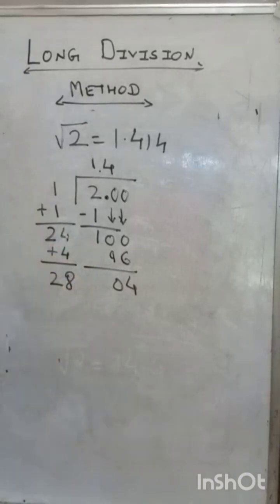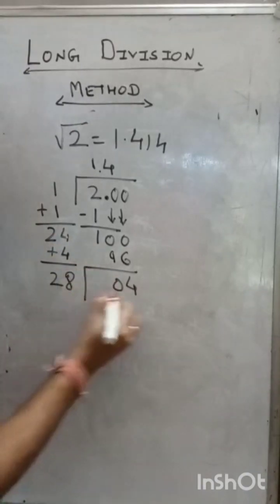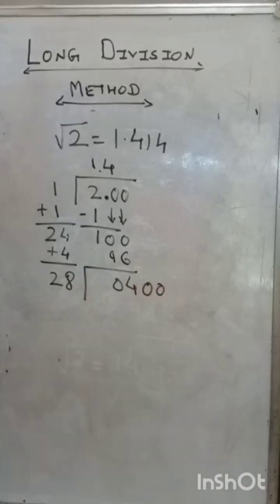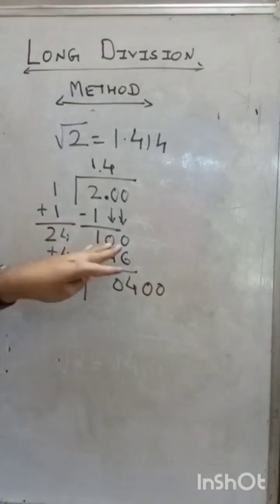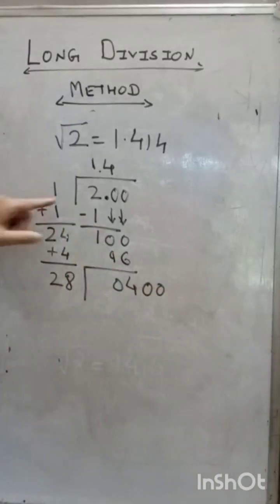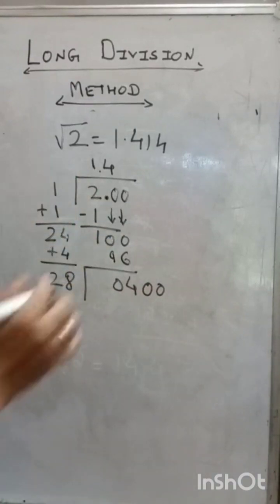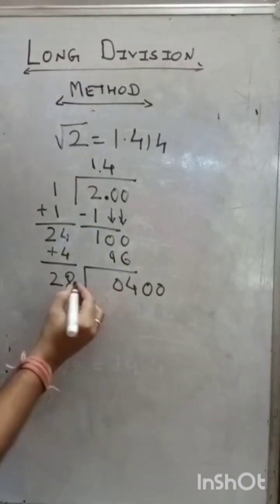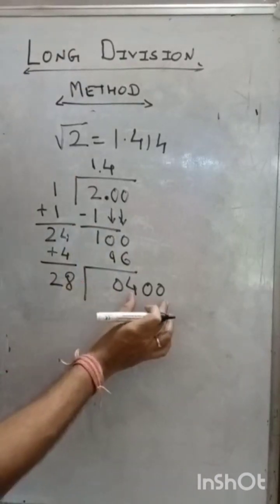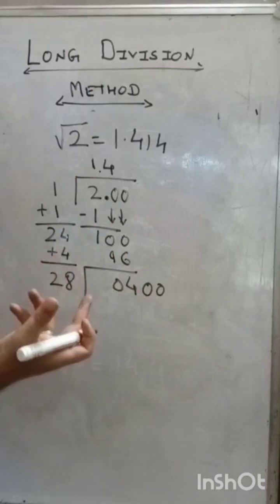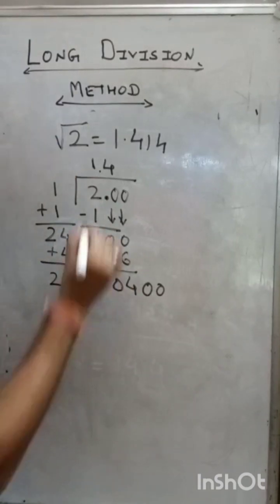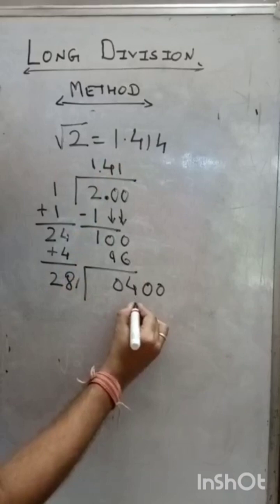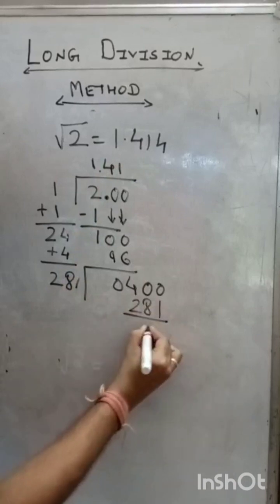Now 28 is here. Now you can put also 2 zeros. In the long division method, why am I going to put 2 zeros? Because it has a power, you can apply 2 zeros when you apply this decimal. Now for 28 you have to put a value smaller than 400, so you can place only 1. So 281 into 1 is 281. So your remainder is